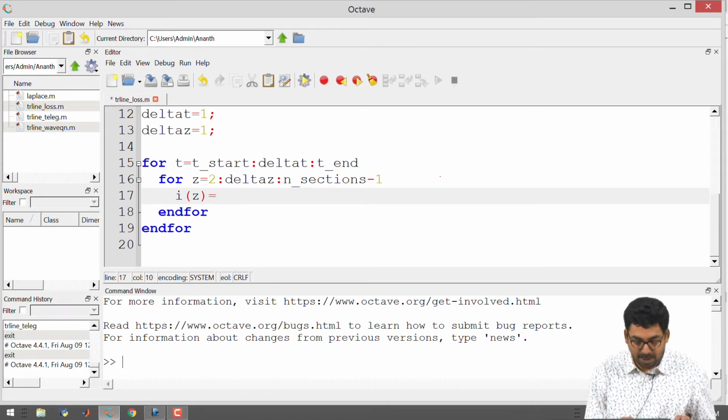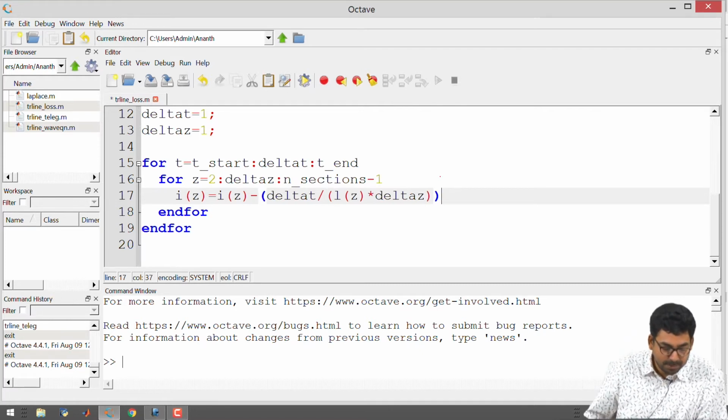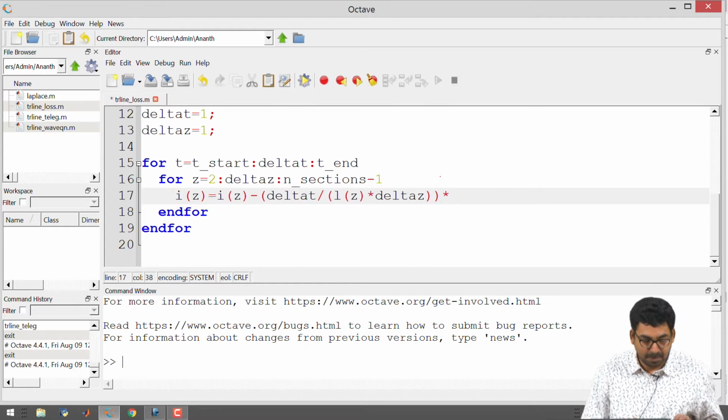So, we used to have I of z is equal to I of z minus delta t divided by L of z delta z, multiplied by V of z plus 1 minus V of z.